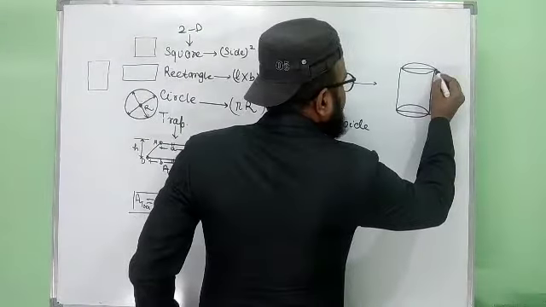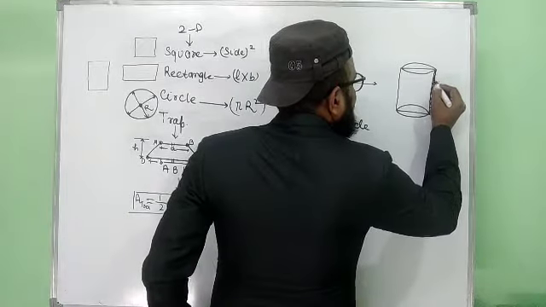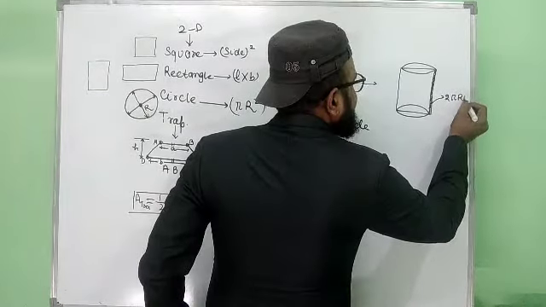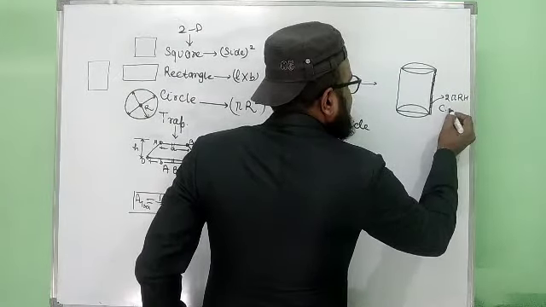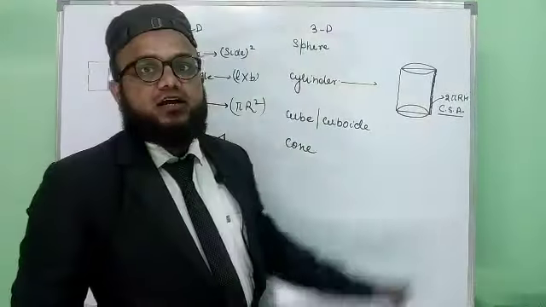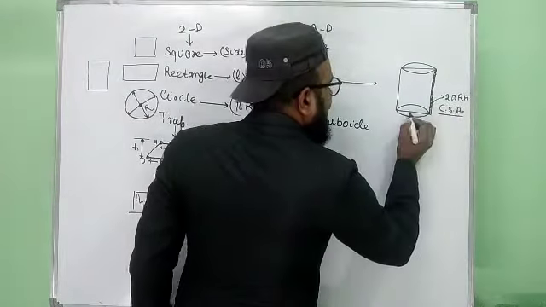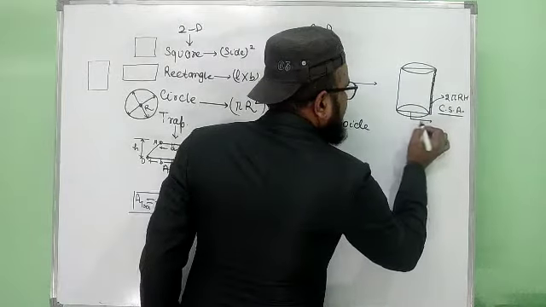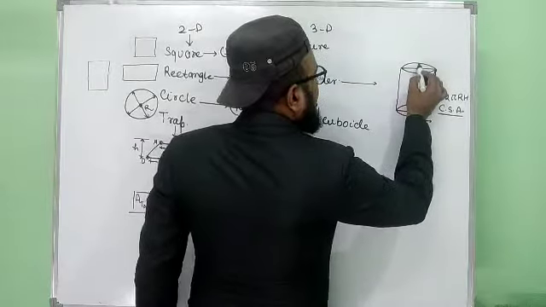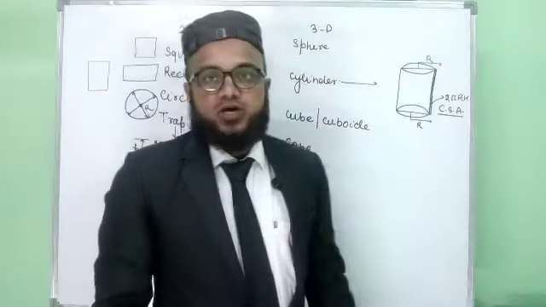So the curved surface area along the length, in general form, unless the question changes it, is 2 pi r h. That is the curved surface area, called CSA for short. But what is r and what is h? r is the radius of the circle in the base, either here or here. The radius at both ends should be the same.